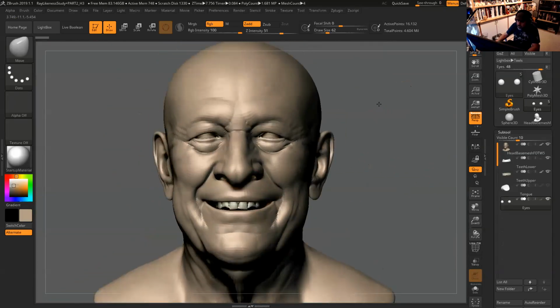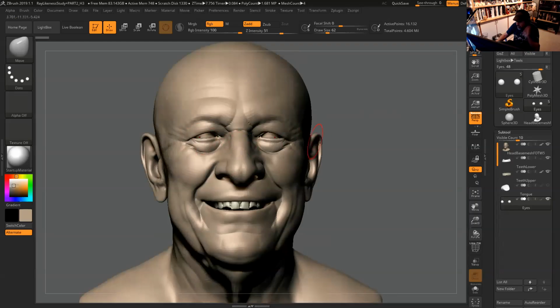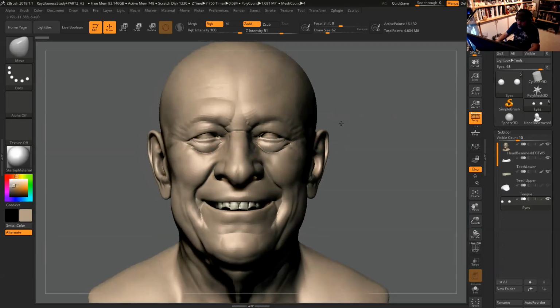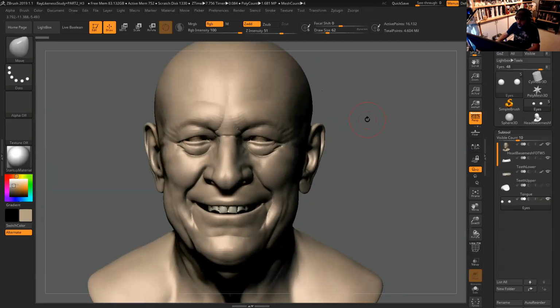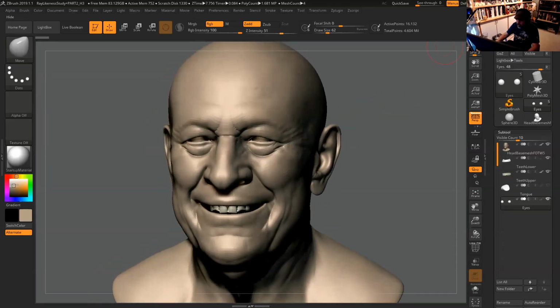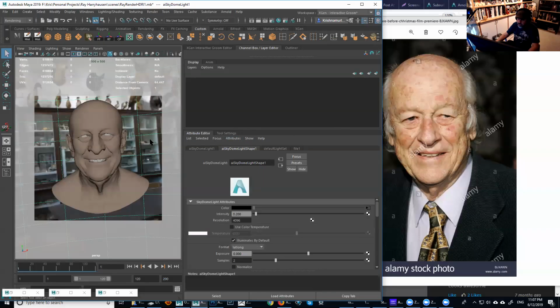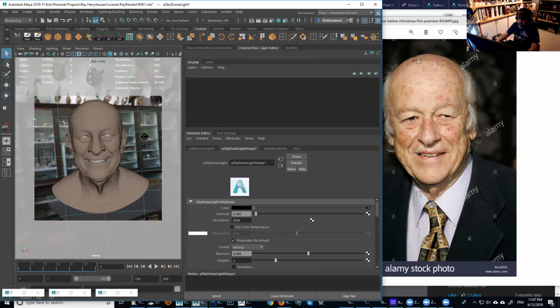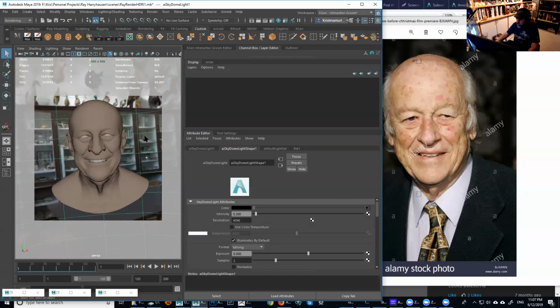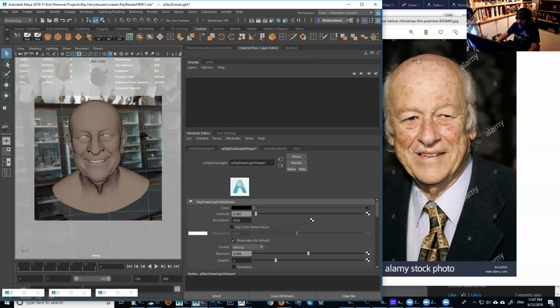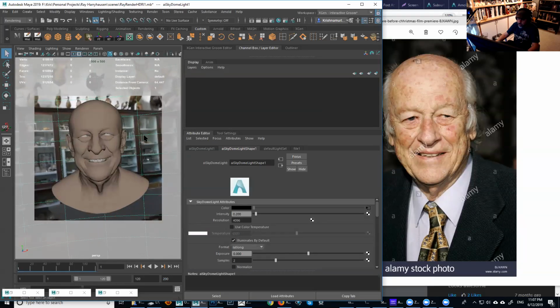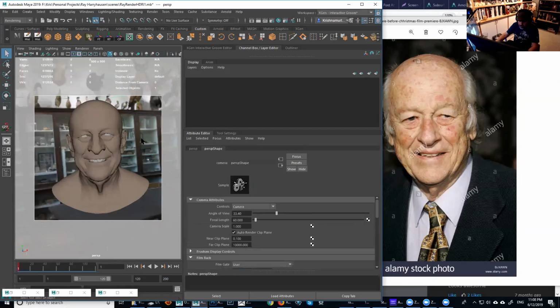I think we are good enough to actually do that just based on the references, instead of cutting this gigantic shortcut, right? That is to actually learn how to observe the form, which is so important. And since we are in this class, it's gonna be a great opportunity to push ourselves when it comes to observation, right? So I'm gonna be doing the same with you guys. And like I said, I never know how the model is gonna turn out at the end. I always hope for the best, but sometimes the likeness doesn't end up being exactly how I wanted it, you know. But it's part of the struggle.